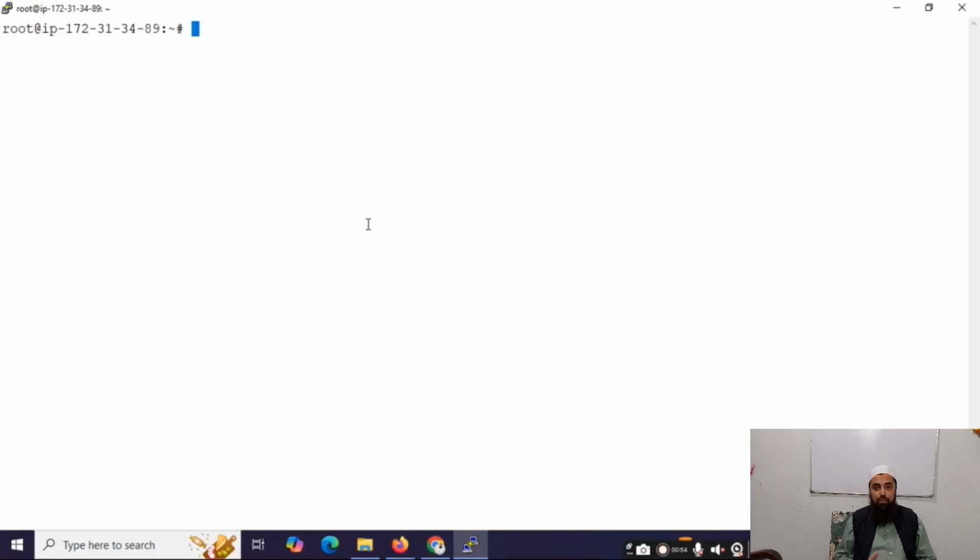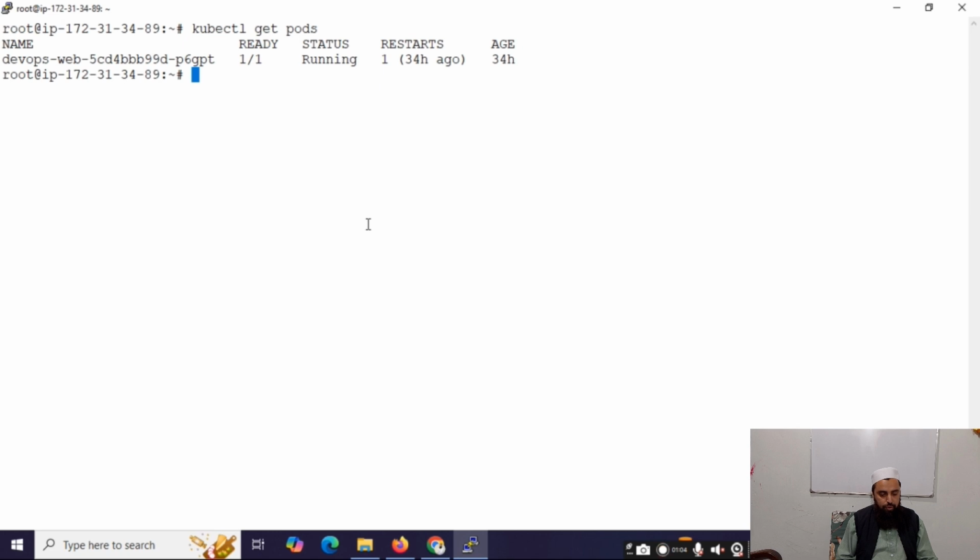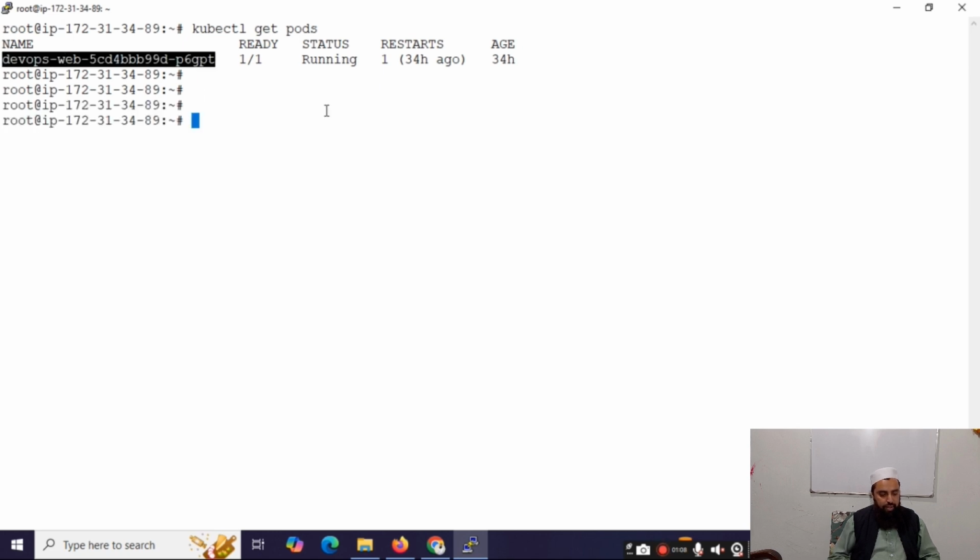Okay guys, now if I want to access any pod using SSH, for instance, if I want to enter into any pod, what would be the command? So first of all, I will run kubectl get pods, and you can see this is running as DevOps web. So for instance, if I want to